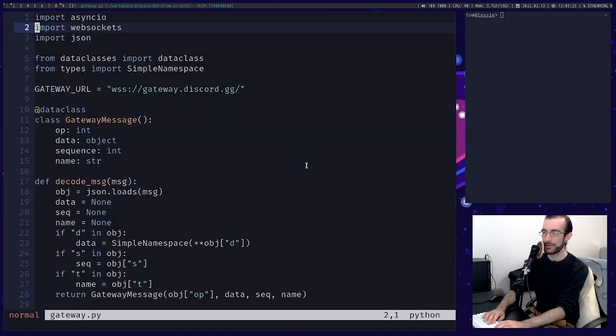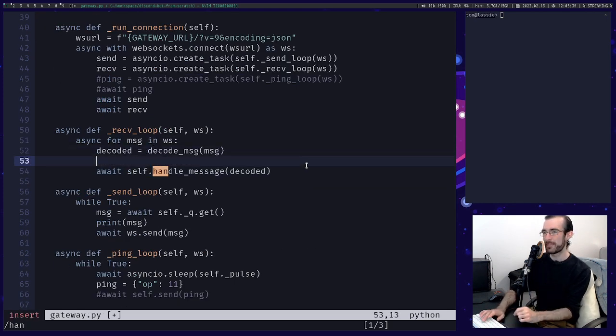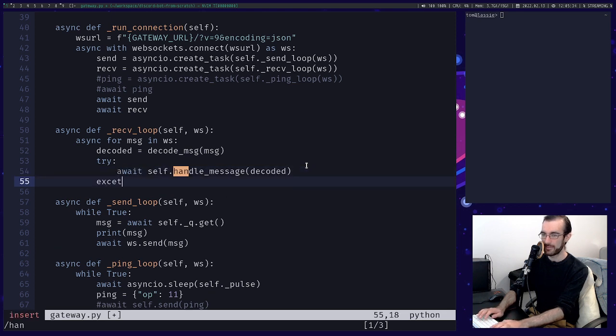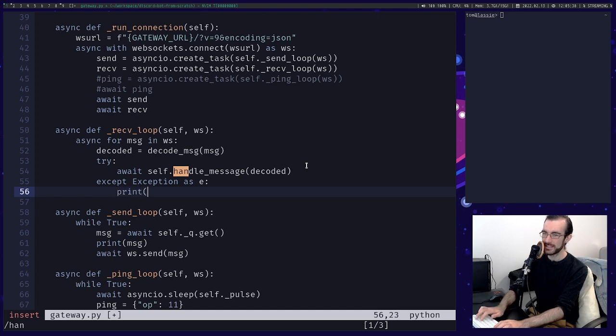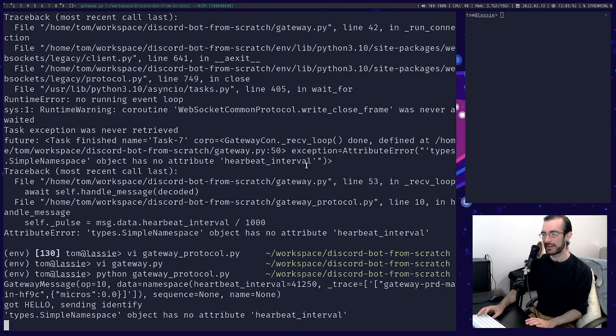Okay, so if I go to gateway.py and I go to handle message, there's a really important step I'm missing here, and that is to actually catch exceptions. So let's say exception as E, and let's just print the exception for now, right? So let's rerun it. What could possibly happen differently now that I rerun it? Oh look, there's a message. Something actually went wrong that was just quietly being ignored before, and now we actually get this as a message. Isn't that cool? Heartbeat